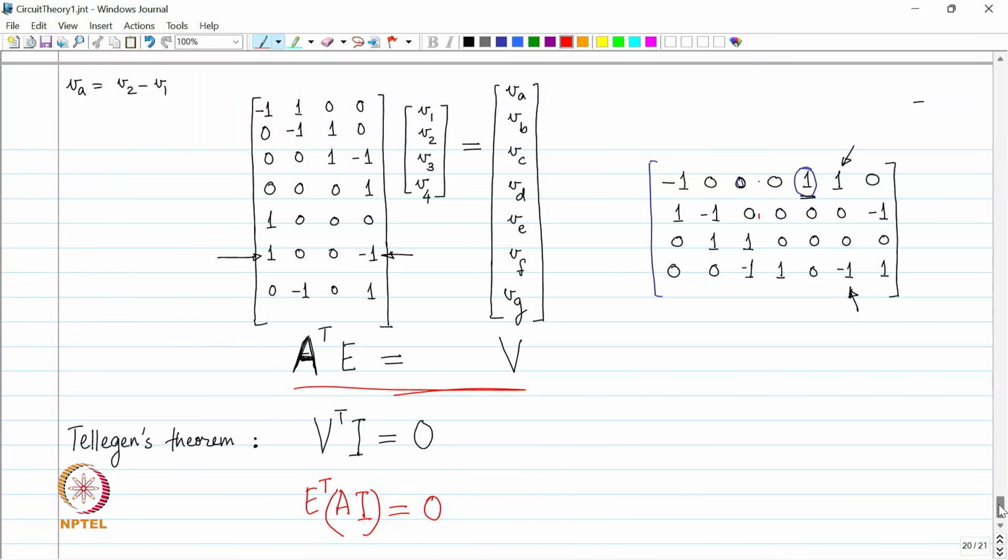Agreed? I can take the same circuit at different times. I can do a measurement at t equal to 0 for the voltages and I can do another measurement tomorrow for the currents, and then the dot product is going to be equal to 0. All right. So, this is much more what Tellegen's theorem is, it is way more than what you have done